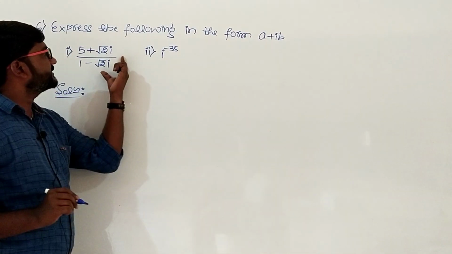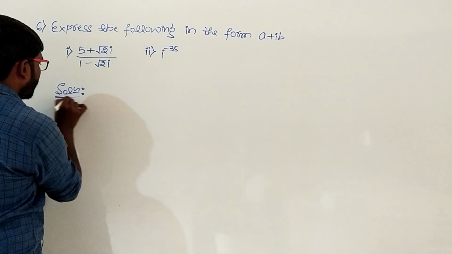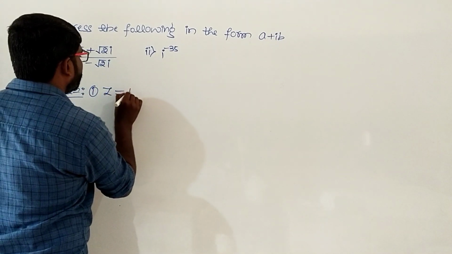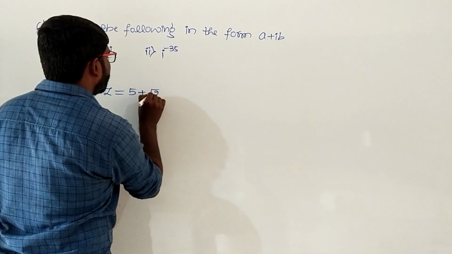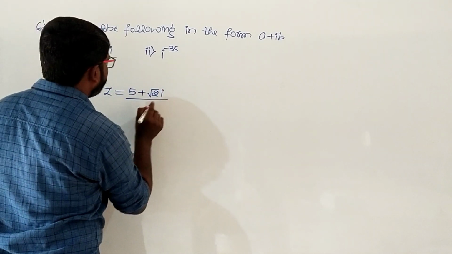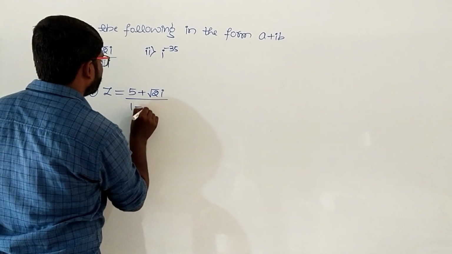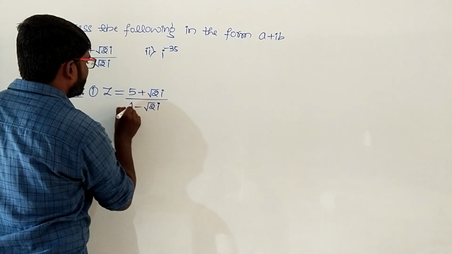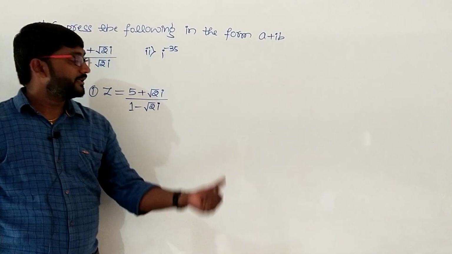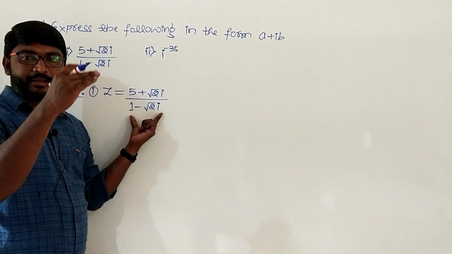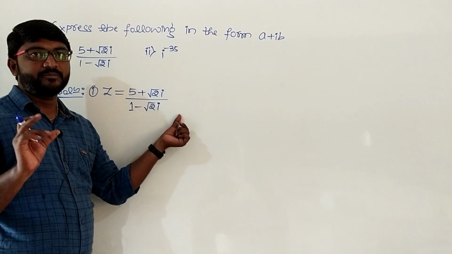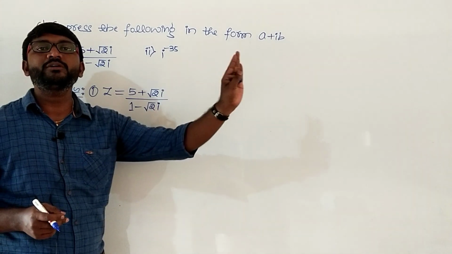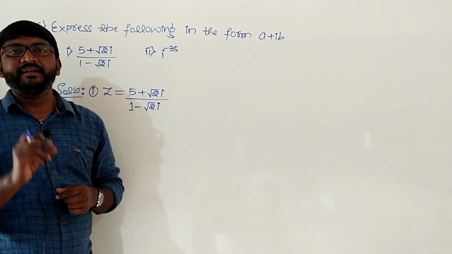So here we have to take this as z. Z is equal to, Roman number 1, z is equal to 5 plus root 2i divided by 1 minus root 2i. Then in the next step we have to go for rationalization. ಅಂದರೆ ಡಿನಾಮಿನೇಟರ್ ಟರ್ಮ್ ಏನಂದು ನೋಡ್ರಿ, ಅದರ ಅಪೋಸಿಟ್ ಟರ್ಮ್ನ ನಾವು ಮಲ್ಟಿಪ್ಲೈ ಆ್ಯಂಡ್ ಡಿವೈಡ್ ಬೈ ಮಾಡ್ಕೋಬೇಕು. ಈಗ ಇಲ್ಲಿ 1 minus root 2i ಅದ್ರಿ, ಸೊ ಚೇಂಜ್ ದ ಸೈನ್, ನಾವು ವಿ ಗೆಟ್ 1 plus root 2i. That term we need to multiply and divide.